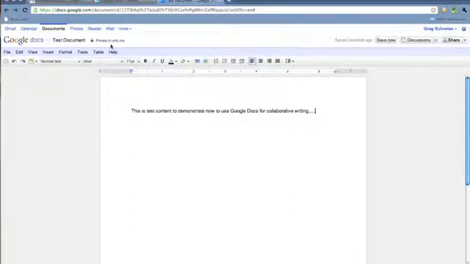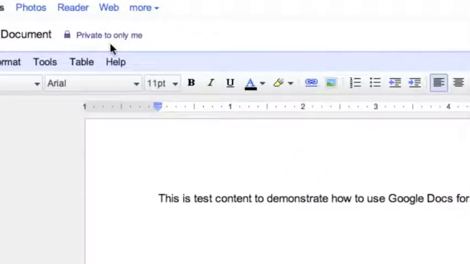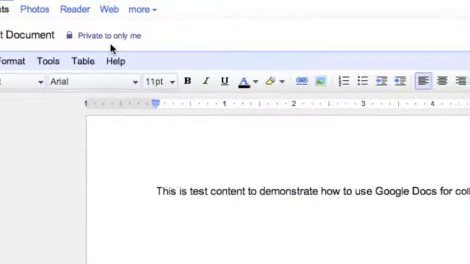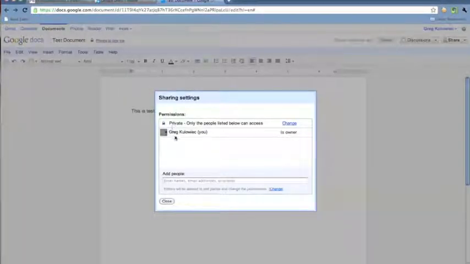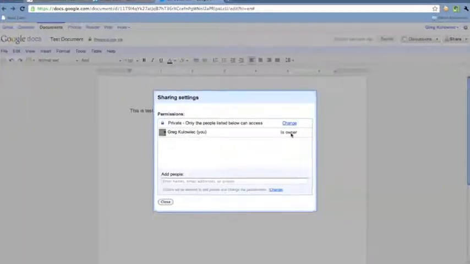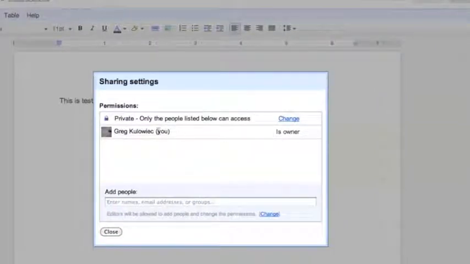Now once I've written in the document, what you really need to take advantage of is the ability to share. You can see by default your document will be private to you. By clicking on this function, you can see who owns the document, and that will by default be the creator. And you will see that it's listed as private by default, but you can change that setting. You can add people below by typing in their email,